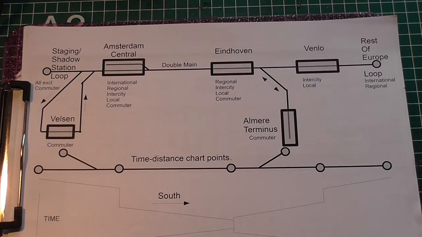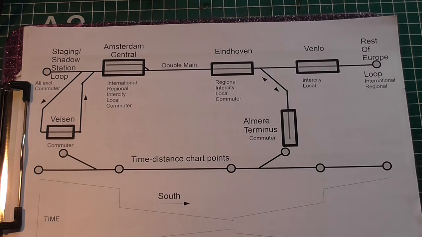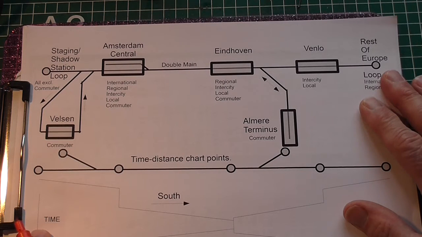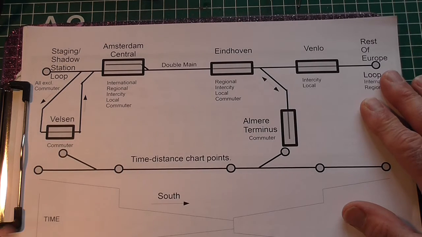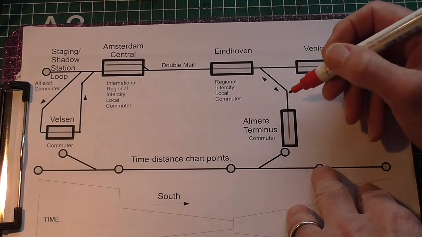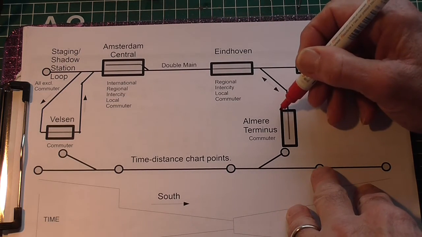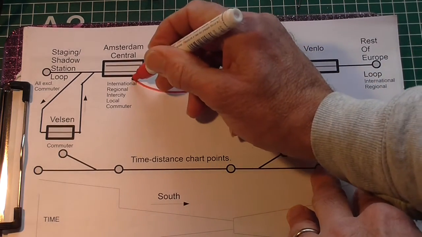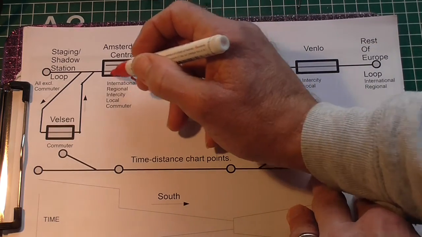So, as shown before, this is a schematic plan of the Rhineland layout for passenger services, showing the 5 main stations. We can create schedules or journeys, links between these main stations. For instance, the commuter trains travel from Almere to Eindhoven, so they travel here, then they travel to Amsterdam, and then they'll travel